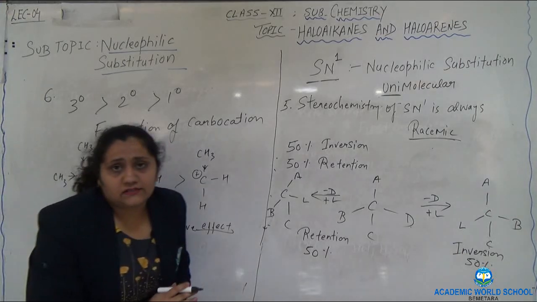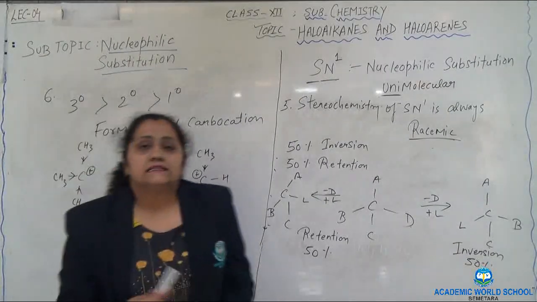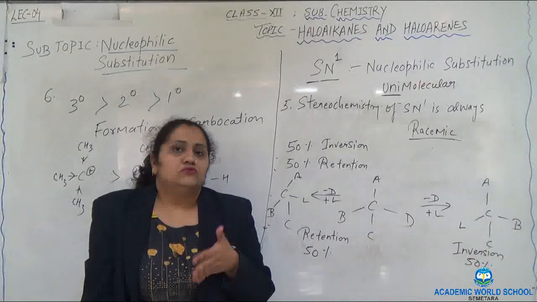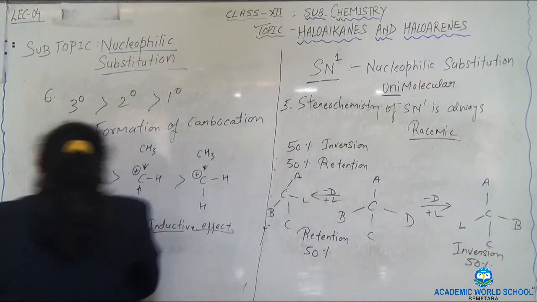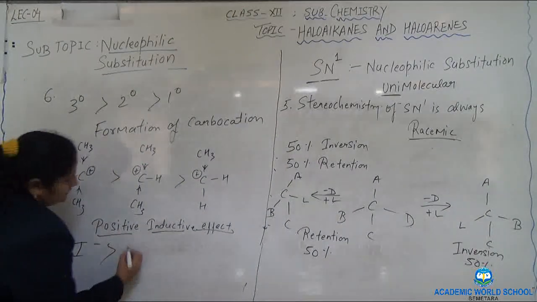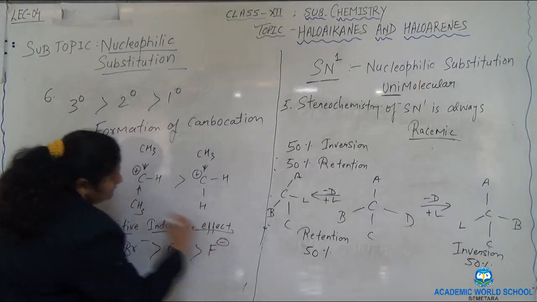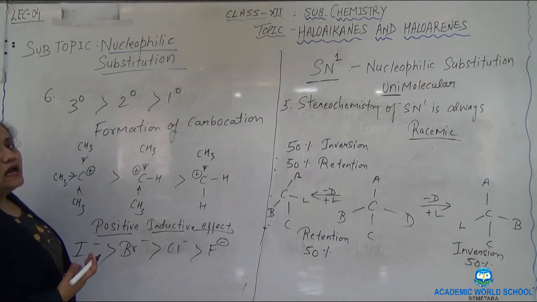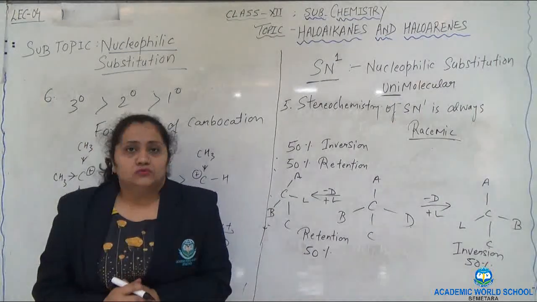The last characteristic would be the nucleophile only. It is the same as that of SN2. As you all know, iodine is bigger in size. So the seventh characteristic is the halogen atom, the nucleophile: I minus will be more reactive, then Br minus, then Cl minus and then F minus. This is because of the greater atomic size of I minus. So this is about the SN1 and SN2 reaction.